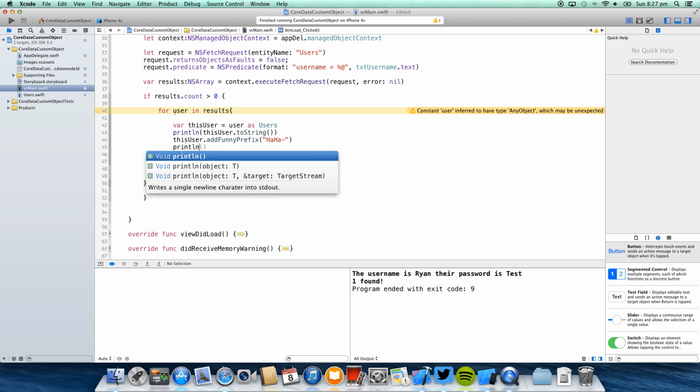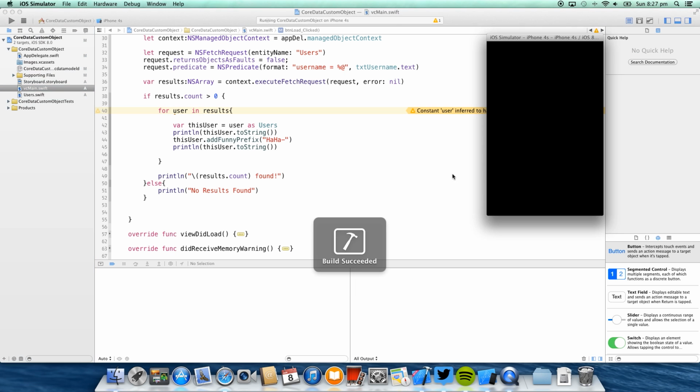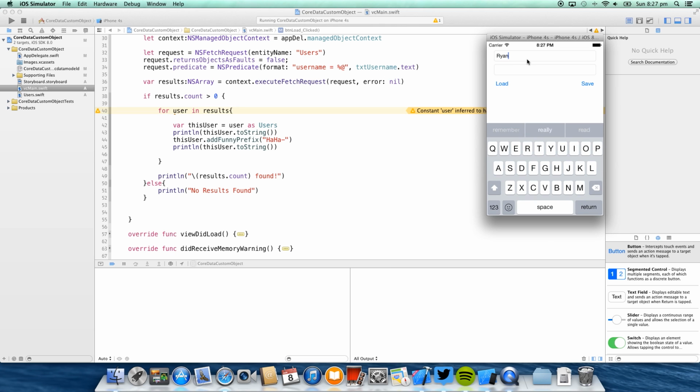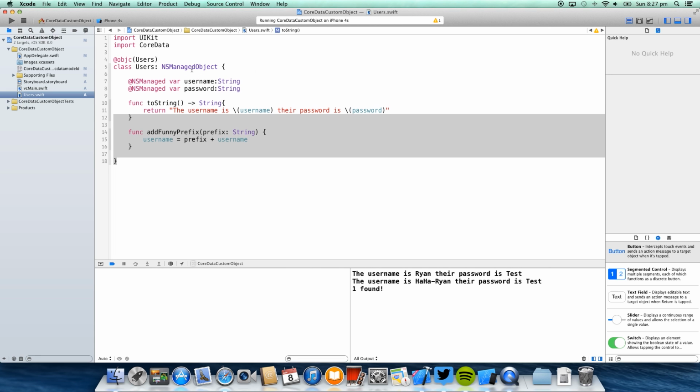And then if I say println, and I'm going to say this user dot toString, what you should see now is the user will come back from the database. It will say the username is Ryan and their password is test. Then we call the funny prefix function, passing in a string, and then we ask the user what its name is again, and it will say this time the username is haha-Ryan and the password is test. So that's how we create a custom subclass object from the NSManagedObject and tie that in with